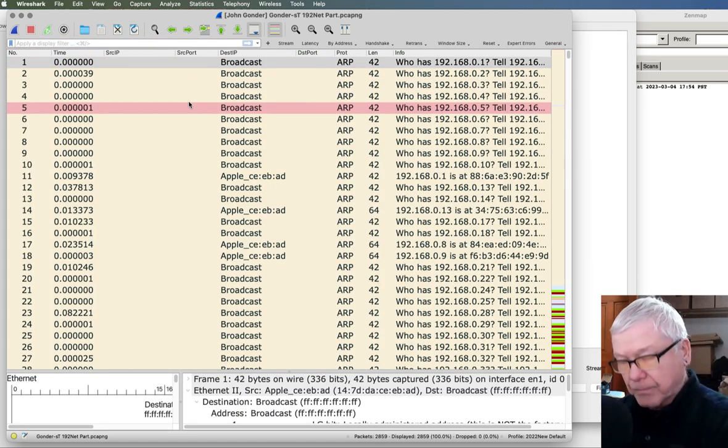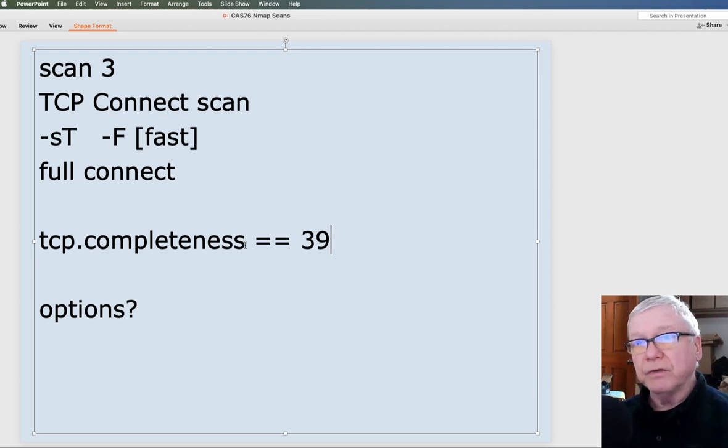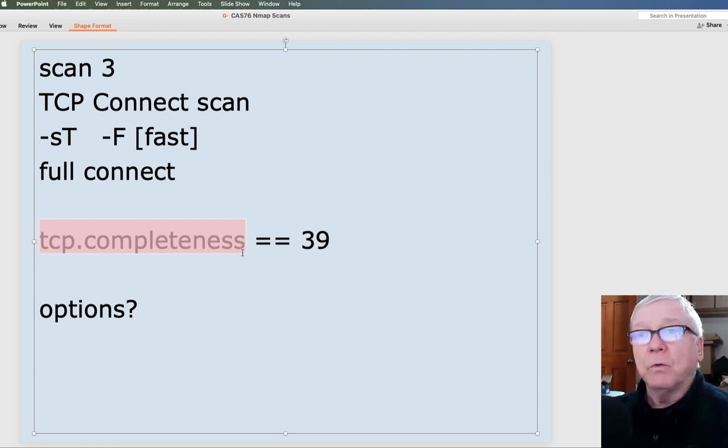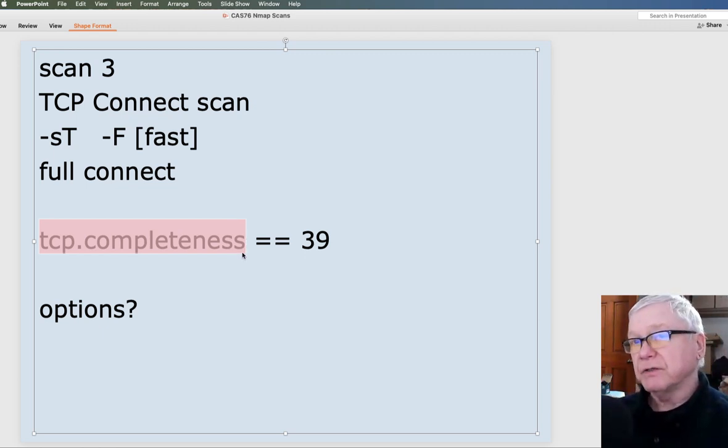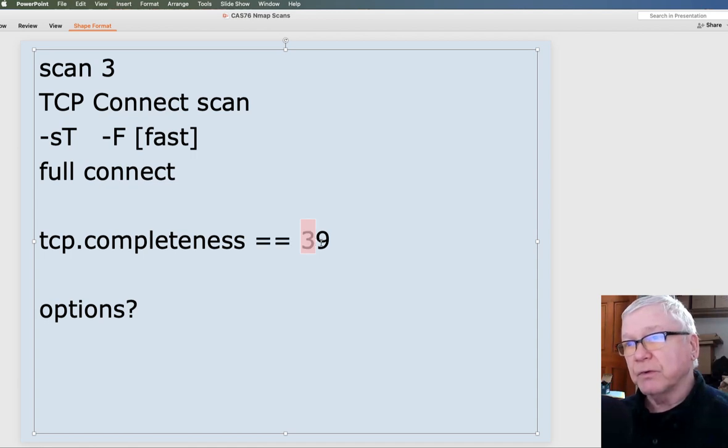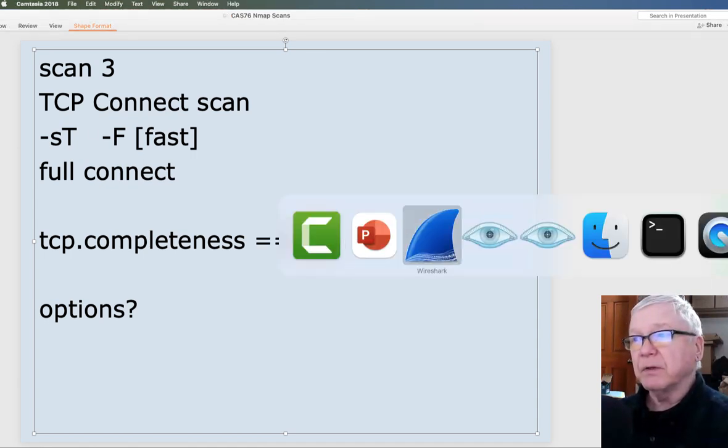Well, if you remember from one of the videos, there is a way to filter on a complete TCP conversation setting up, and if that value in that space was 39, then we can filter on that. Let me go here and filter.